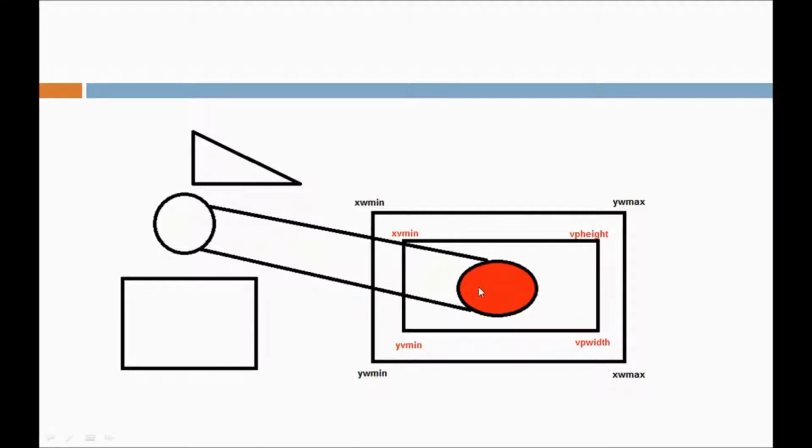That is because the circle is inside the clipping window. These two remaining objects are not projected to the display window. That means I am not considering these two objects, triangle and square, because these triangle and square are outside the clipping window. The contents only that is inside the clipping window will be displayed.